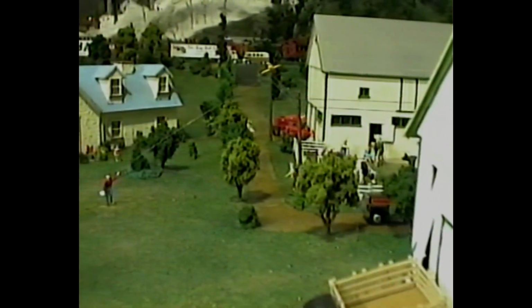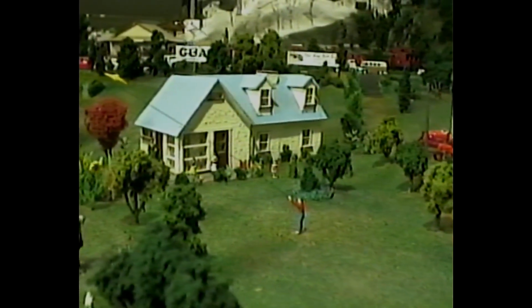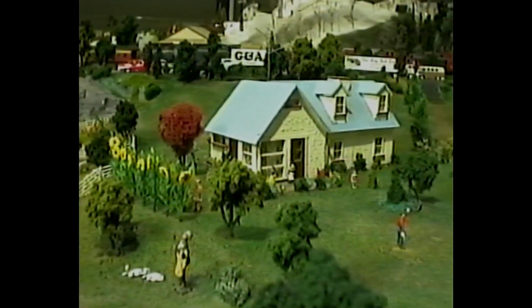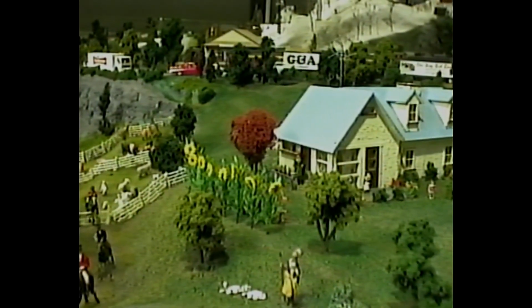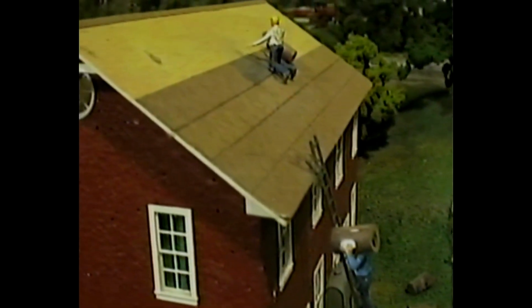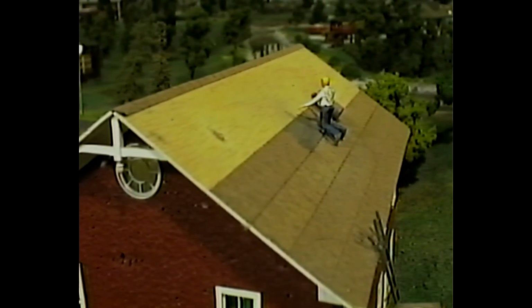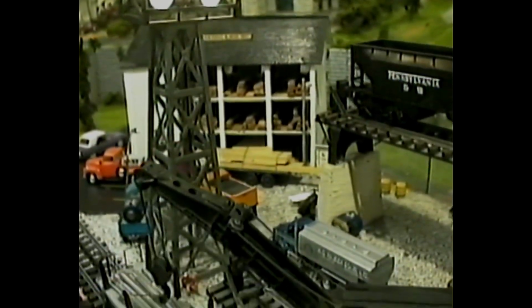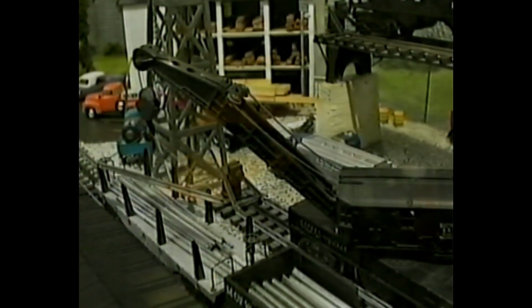This young man may be dreaming of becoming a pilot someday. He's doing a pretty good job with this airplane. The roof on the old farmhouse started to leak last week after the big rain, so these guys have started repairs. There are so many of these animations around the layout that the Choo Choo Barn Model Railroad absolutely sparkles